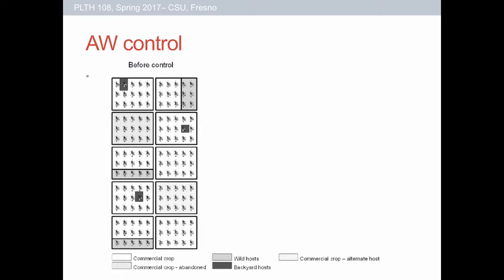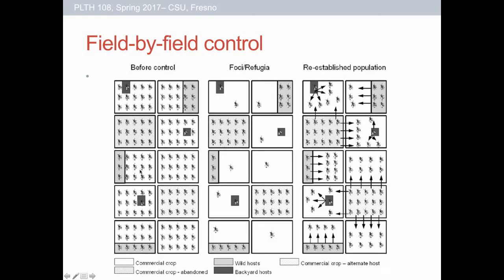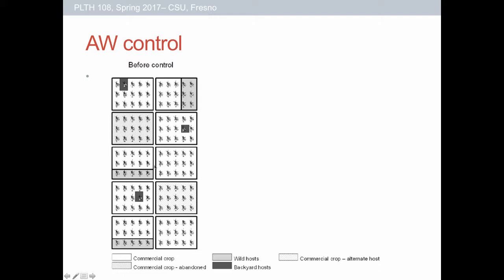Using an area-wide control program, we essentially have the exact same setup, but for whatever reason, when the person drew these illustrations, they decided to switch this guy, so he goes from vertical to horizontal, which is just annoying to me as an instructor, but doesn't really have any impact on the model, right? So we have the same situation, but under an area-wide control, the perhaps 10 different growers who manage these fields